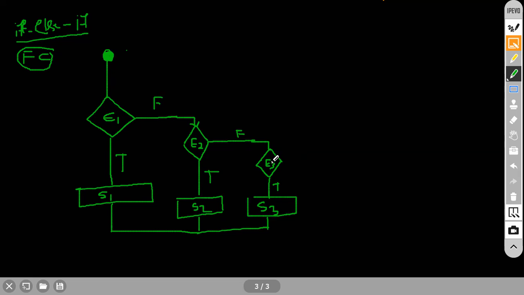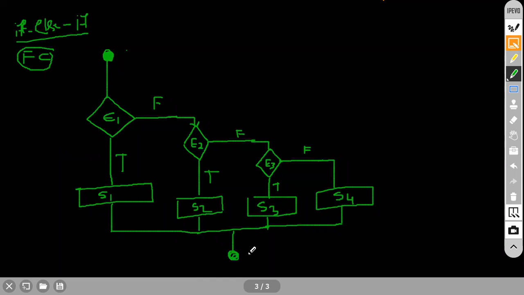I am totally fed up with all this else if condition checking. Checking the condition is too much, so I don't want to go further. That's the reason why, if this condition is false, I want to create one final statement, the false statement. I will not check any condition further. Instead, I will create a final statement, that is S4. Will it continue further? No. Finally, this will be stopped.